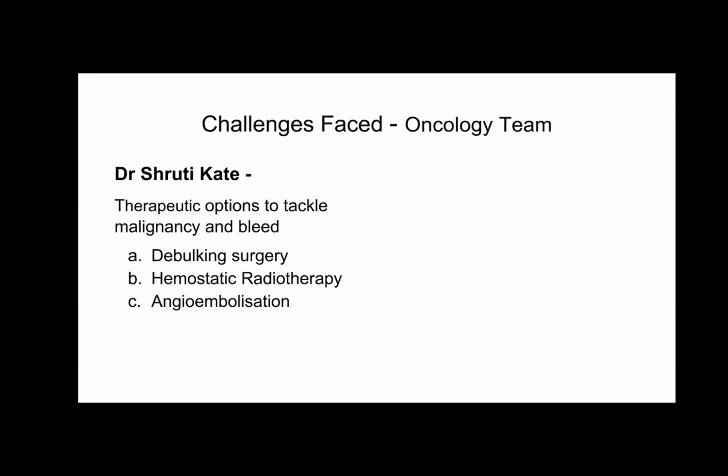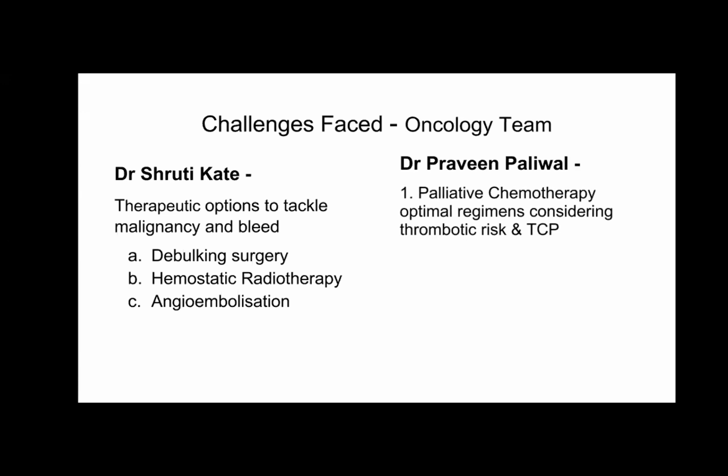The next option faced with the oncology team was the therapeutic option. I request Dr. Praveen to discuss the palliative chemotherapy options, considering the risk of thrombosis and thrombocytopenia, whether he would like to go for a 2-drug regimen or a 3-drug regimen. Correct. So I will start with the 2-drug regimen only because the patient is bleeding with thrombosis. A 3-drug regimen, because performance status is 2, the patient cannot tolerate. So 2-drug, either the CAPOX or the FOLFOX for this patient.